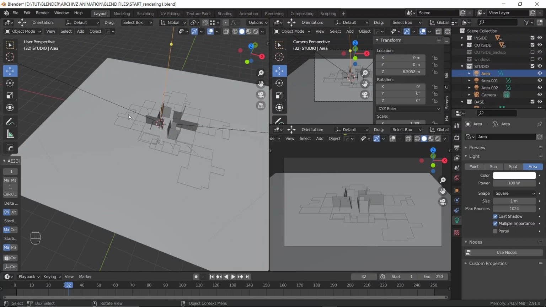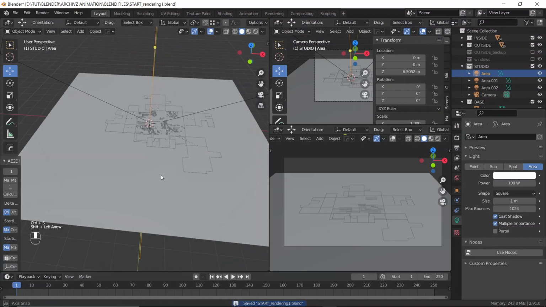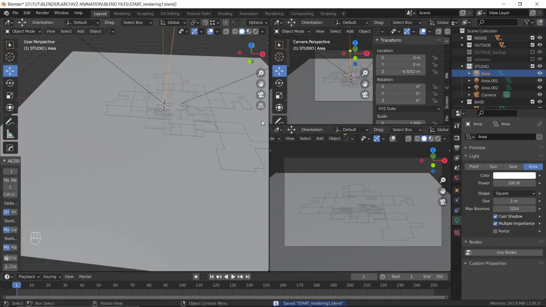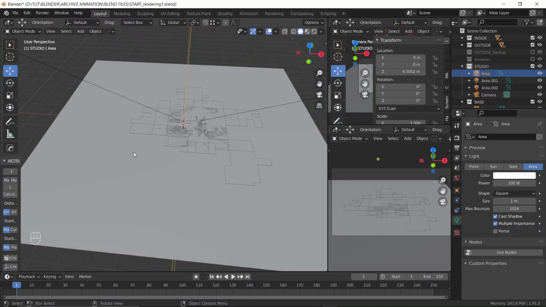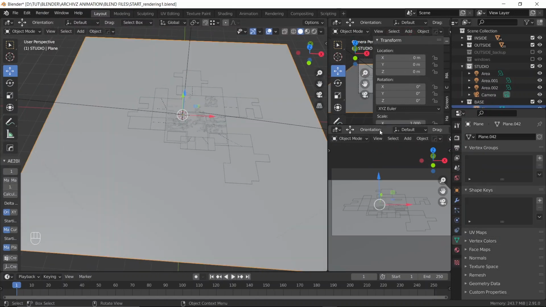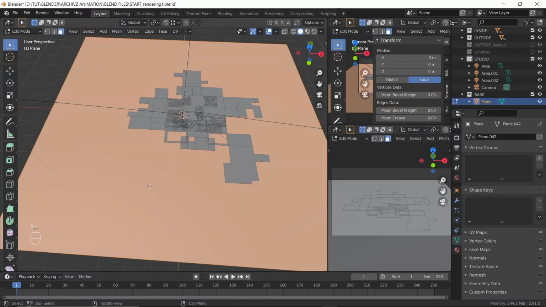Let's cut this whole thing from this, what do you want to call it, base? Yeah, let's just call it base. So how do we do it? That's going to be pretty boring actually. So let's just select this bottom base, and then hit Tab to go into